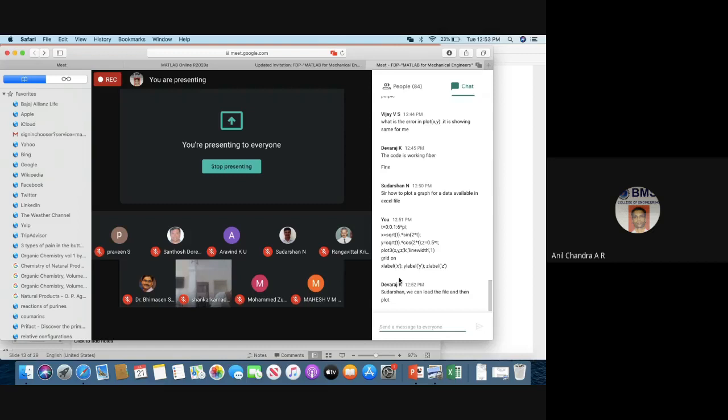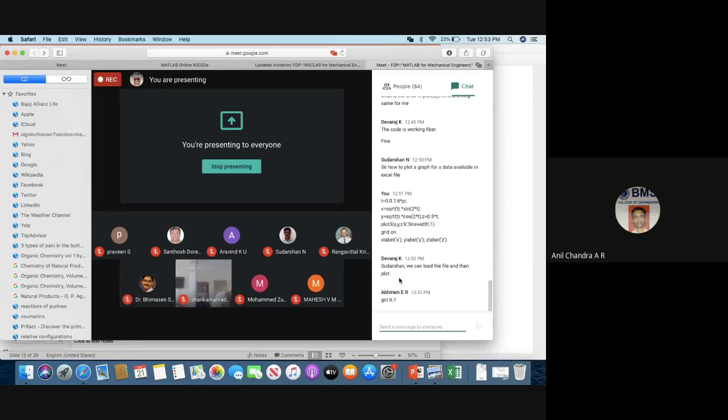If the data size is small, you can simply copy paste that in your program and execute it. If the data file size is like, say, 1,000 and odd rows or so, then you better access it through an external file. That's better. There are commands for that. All right, we will proceed.